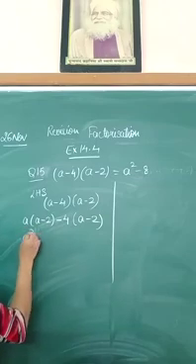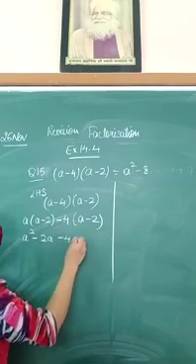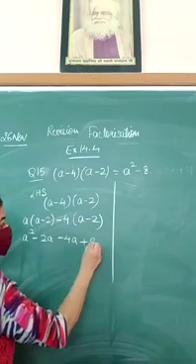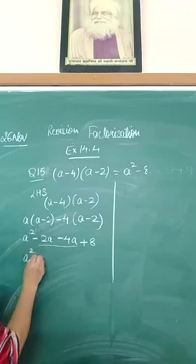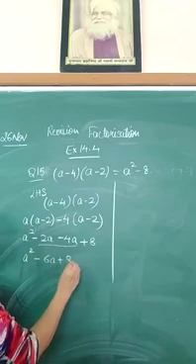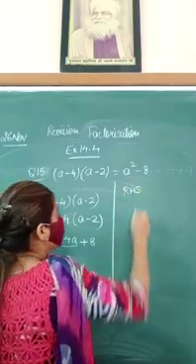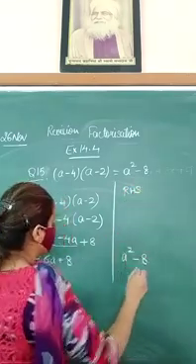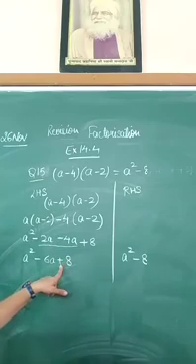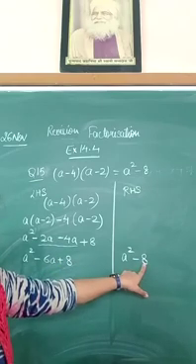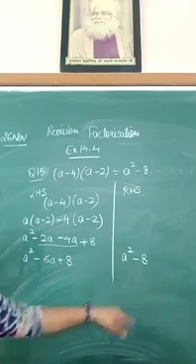Now multiply: this is a square, this is your 2a, this is your minus 4a, minus minus plus 8. Now these two terms are like terms, so solve this. A square minus 6a plus 8 is the answer according to me. But on the right hand side you have given a square minus 8. In this you can see that plus 8 should be there, but they have written minus 8 and minus 6a is missing in this term. So this is the error.